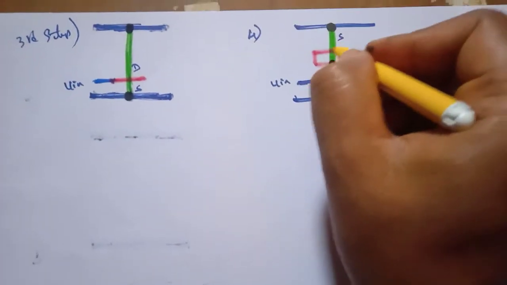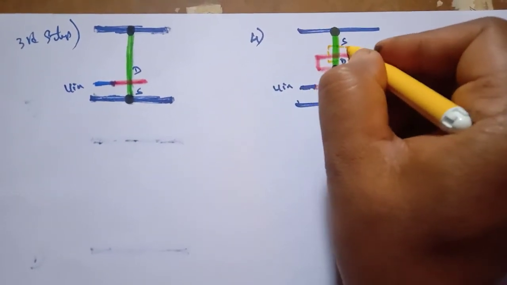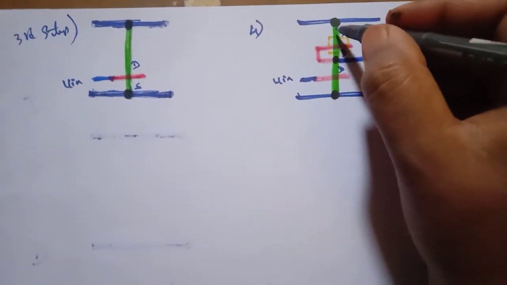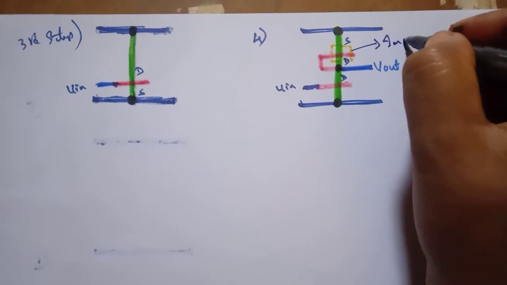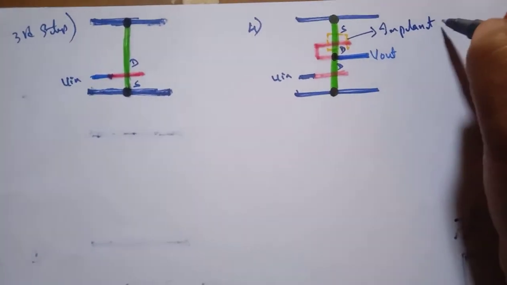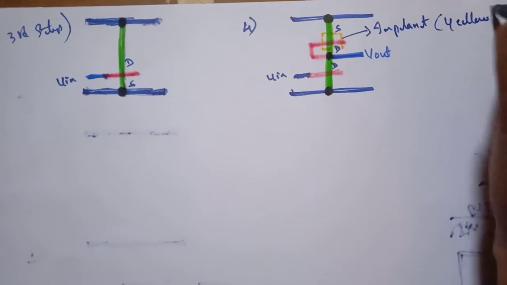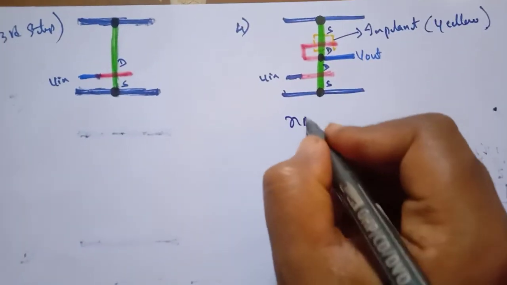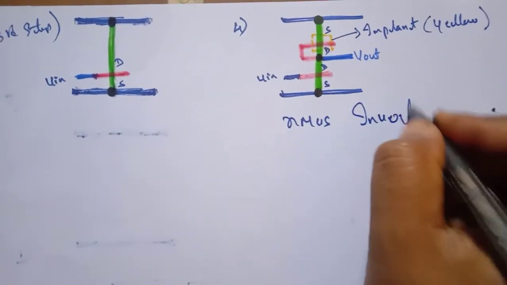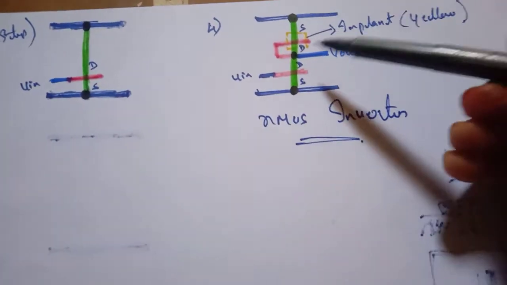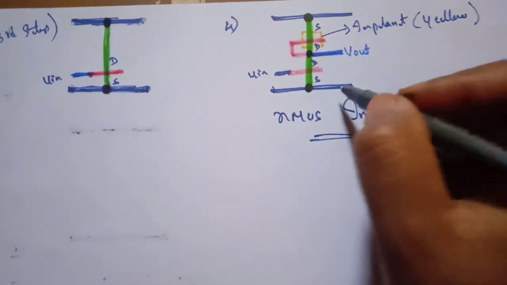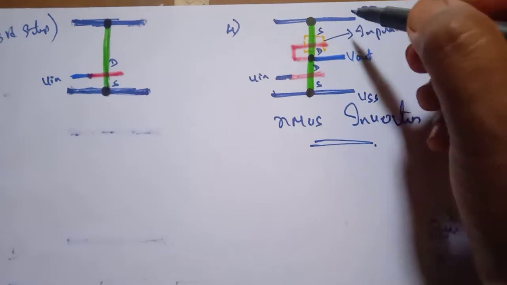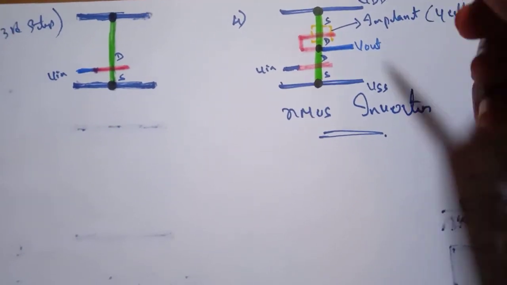So therefore a yellow color implant, according to table 1, is drawn where the diffusion and polysilicon are crossed with each other. An implant is used to represent that a transistor is in depletion mode. So this is a source. This is the final stick diagram of an NMOS inverter, where the source of the pull-down structure is connected to ground VSS and the source of the pull-up structure is connected to VDD.